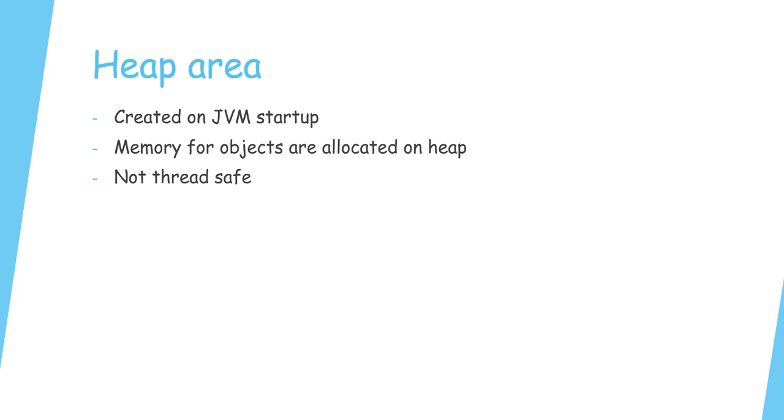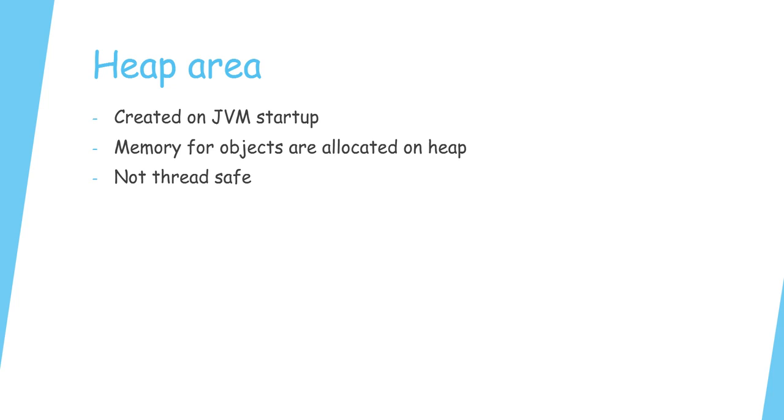Whenever a class instance or an array is created in your application, the memory for a new object is allocated in the heap. The Java virtual machine itself is responsible for deciding whether and when to free the memory occupied by objects that are no longer referenced by the running application. Usually, a JVM implementation uses a garbage collector to manage the heap. We have a next video upcoming shortly to explain how exactly garbage collection works in Java.